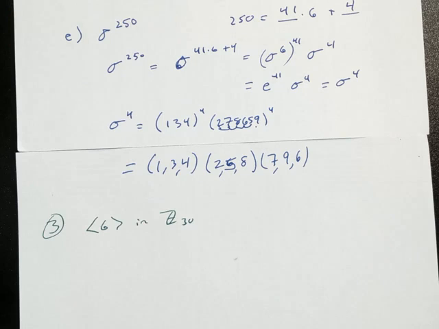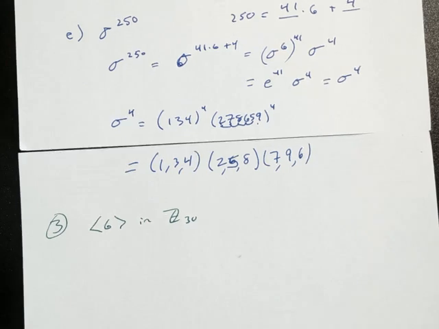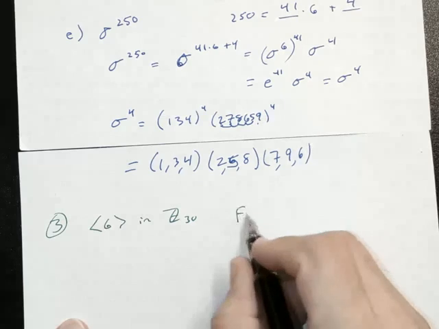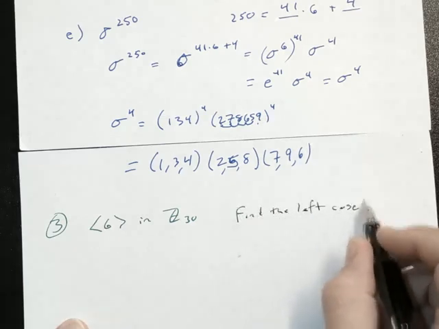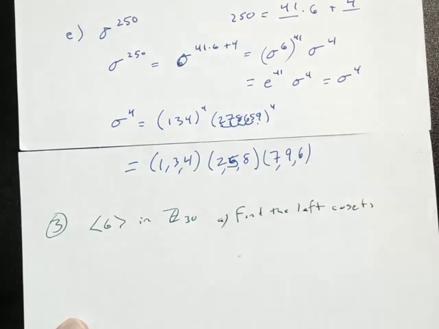So I need to know what the cosets are. And it says specifically left cosets. So the first thing I need is